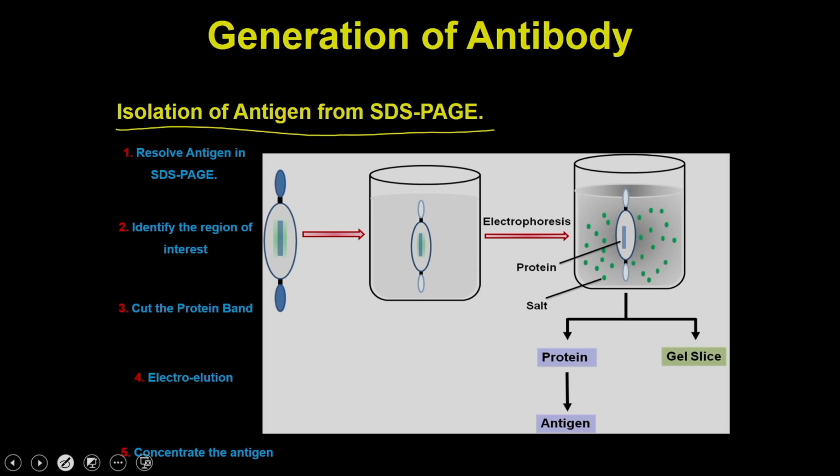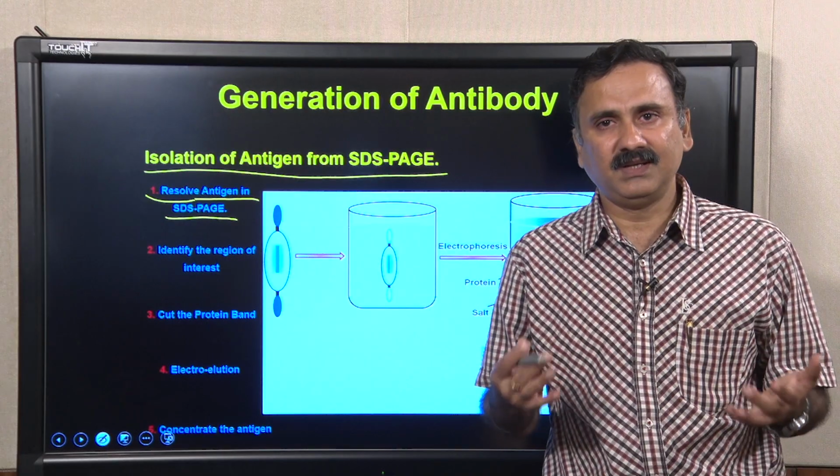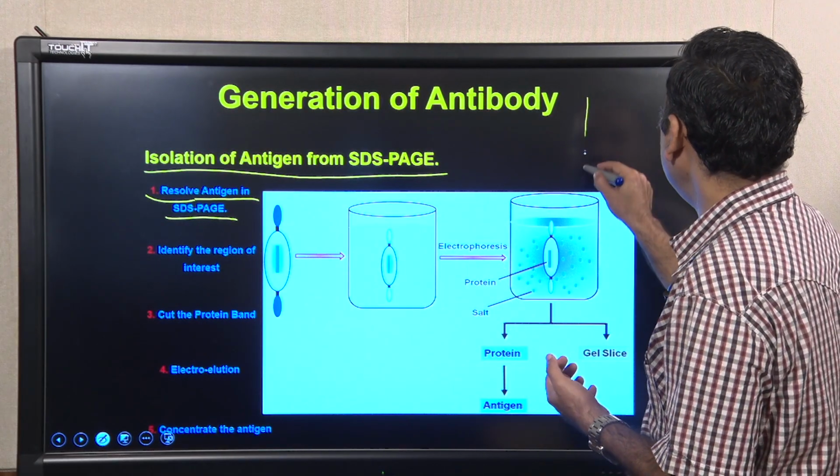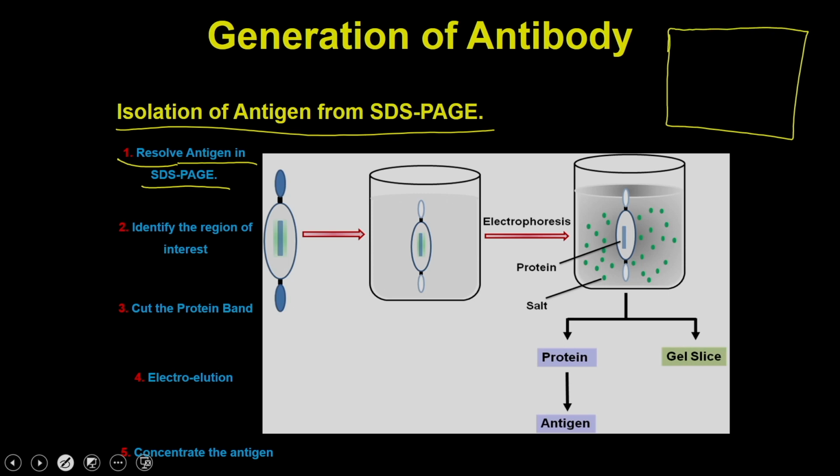The first step is that you are going to get the antigen-overexpressing cells. Then you are going to prepare the lysate, and this lysate has to be resolved onto the SDS page. In this case you are not going to use a mini SDS gel. What you are going to use is a very large SDS page, so that you will be able to load somewhere around 2 to 5 ml of lysate.